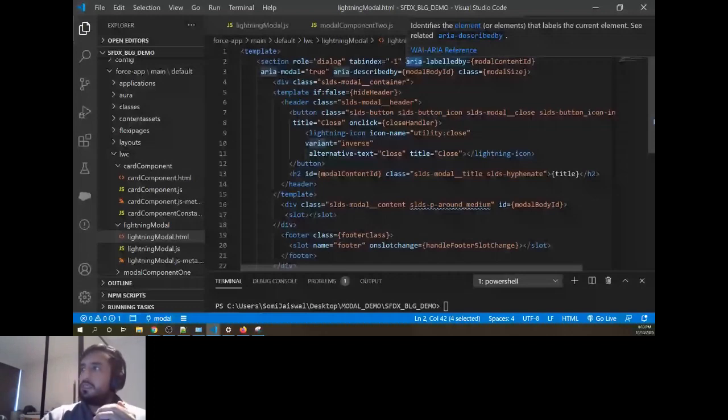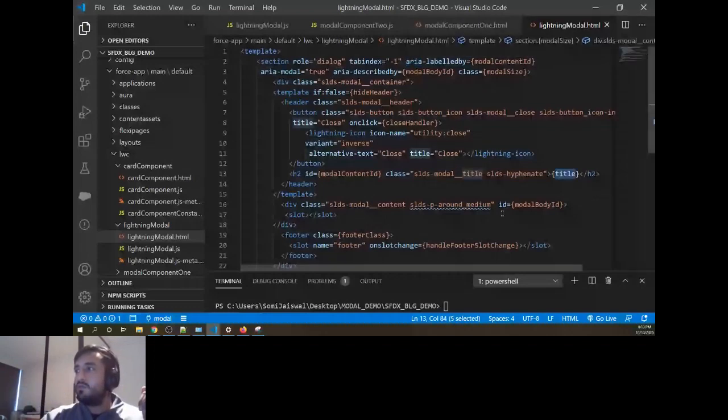So whenever the focus comes to this particular section, it immediately checks which ID it is labeled by. It will go to the H2 tag and read out the title. So it means you are in a modal which has this title. Then similarly you go to the content, and it starts reading out the content on the screen reader.